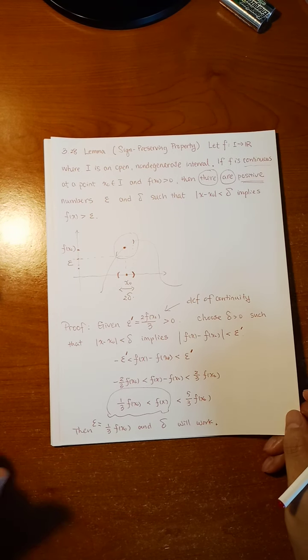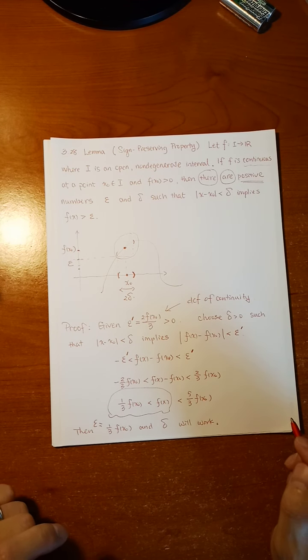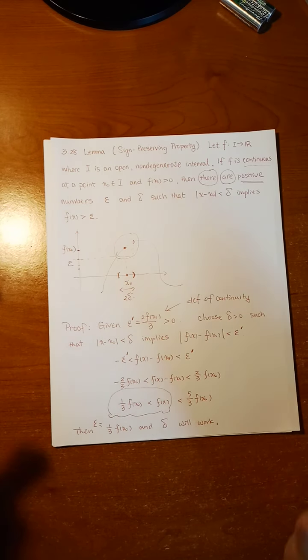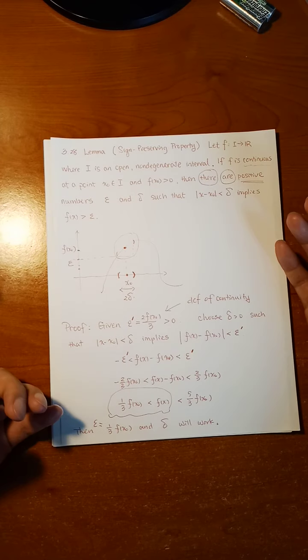Okay, so this is a sign preserving property. If you have a point positive for a continuous function, then in its certain neighborhood, it's always positive, uniformly positive. Clearly, if this function is negative,